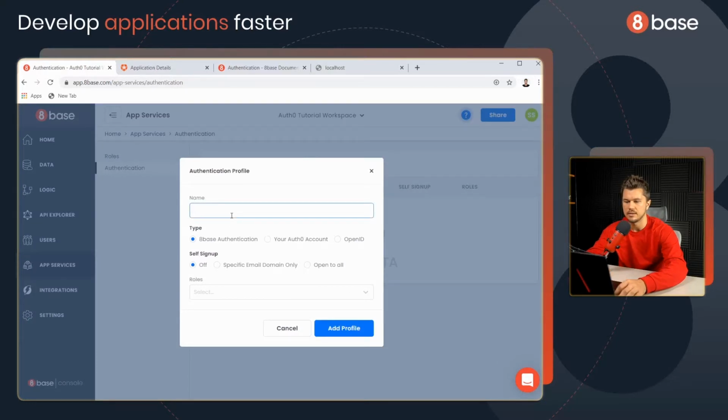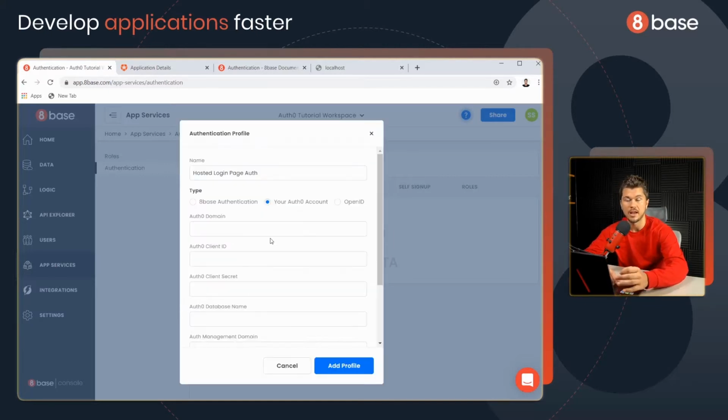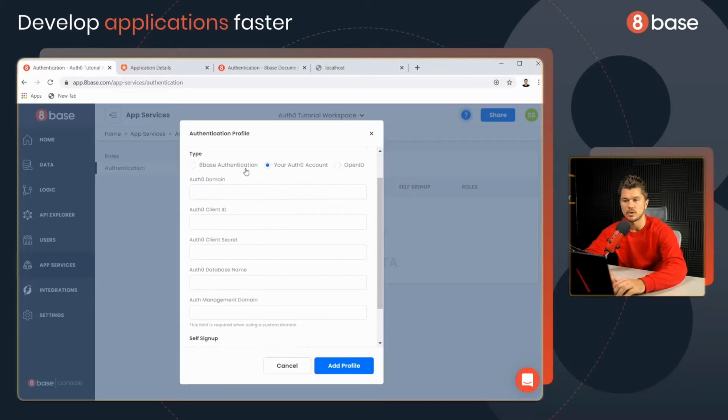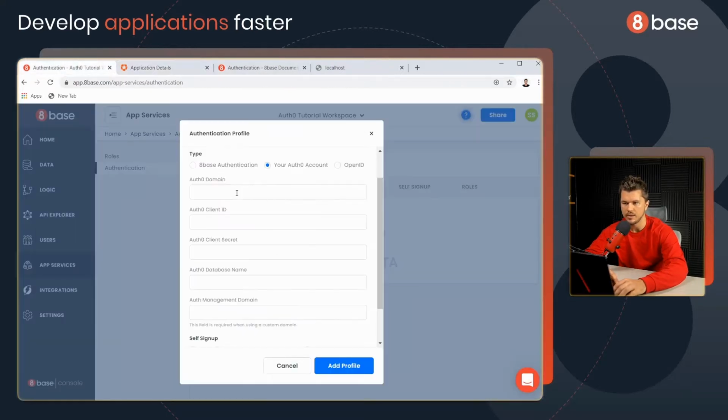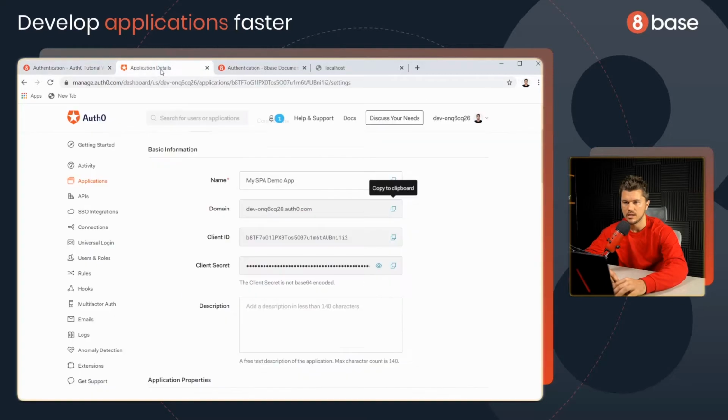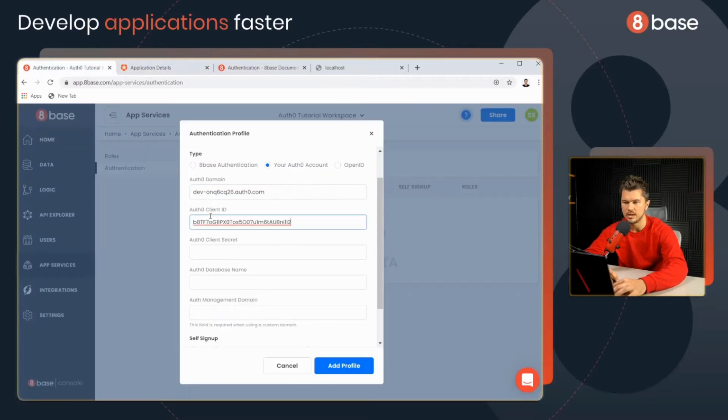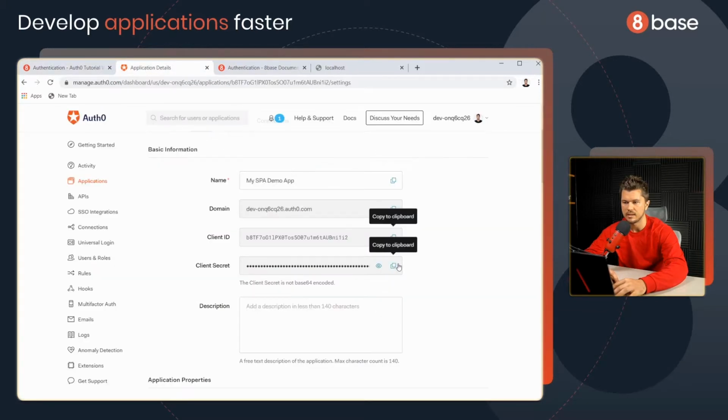I'm going to say this is for hosted login page auth. I'm going to name it. I'm going to select my own Auth0 account. So here's where it's asking for all this information, right? So I'm going to get the domain. Let me go back there, drop the domain in. I want to get the client ID, drop the client ID in there. I take my client secret,